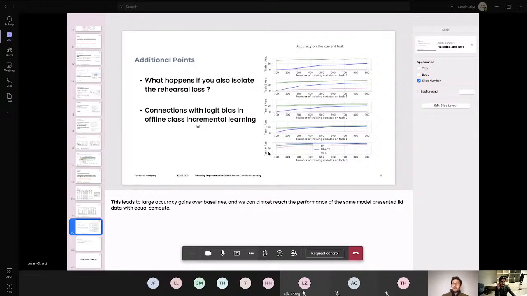The only difference is they also isolate the rehearsal step. What we see when you do this is that isolating both the incoming loss and the rehearsal loss means that there's no point in time where the model is comparing points from the current task and points from the old task. What that results in is that the model is unable to do inter-task classification. The new points will always be predicted as belonging to the old classes. I'm not exactly sure if this answers your question, but